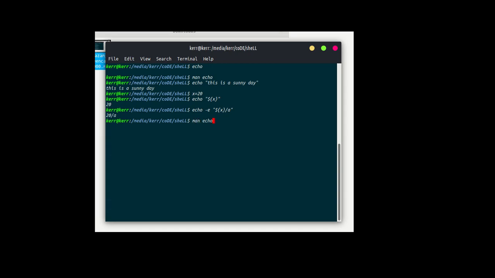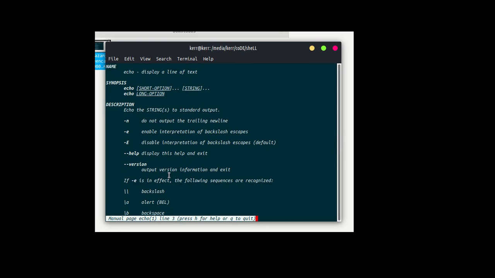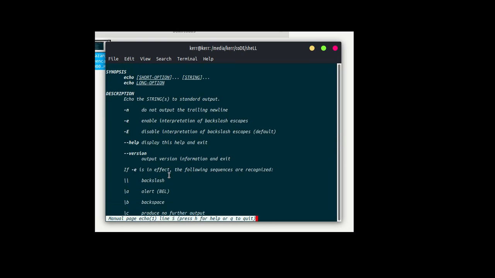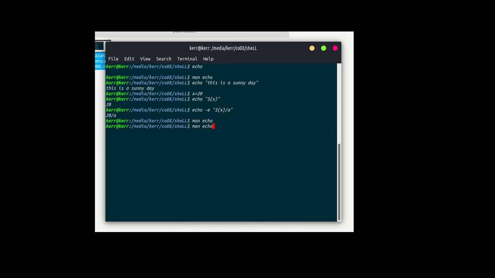So A means Bell. See man echo. If you use the command like this, whenever the value of x is printed, it will generate one tone like this. You can also use this command for various other purposes as well. I will show you in the next video.